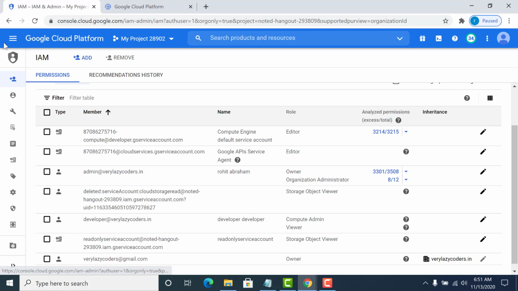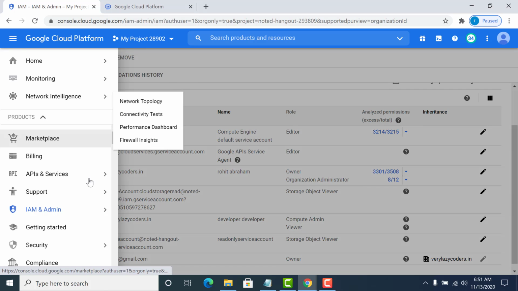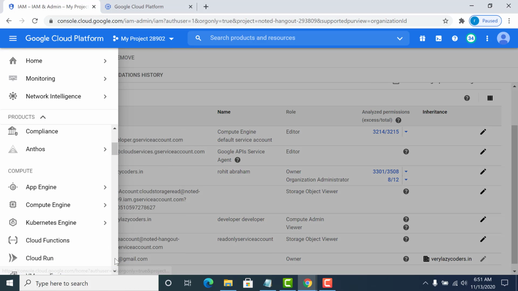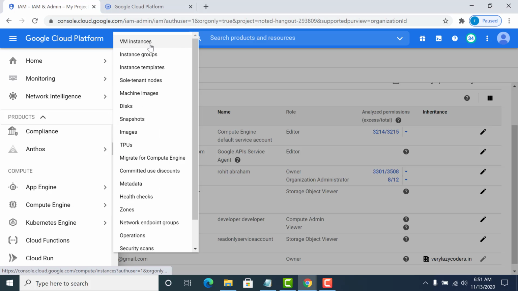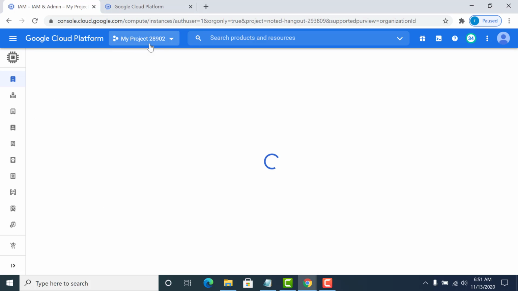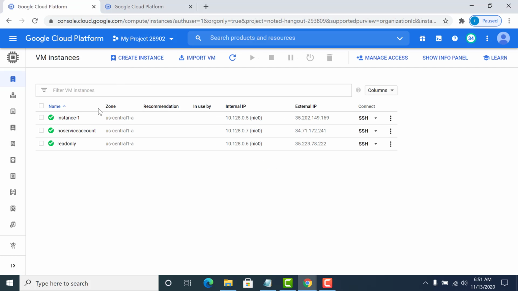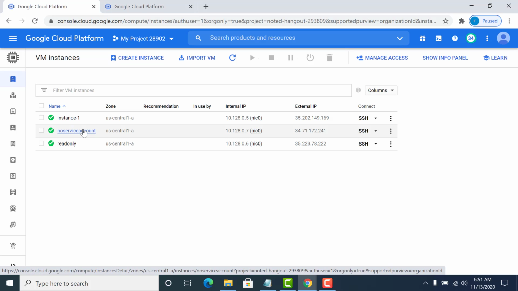The other thing I have done is create another instance. In Compute Engine, I have created another virtual machine, but I have not associated any service account with it. So I have two machines right now. The first machine has no service account, and the other one is able to access